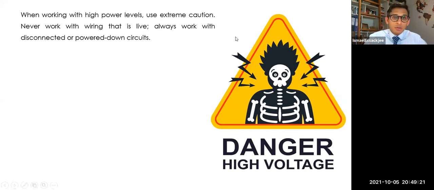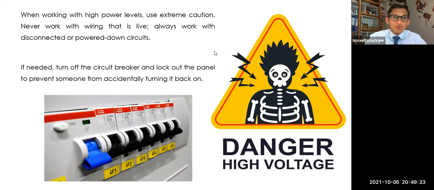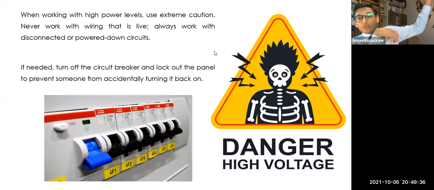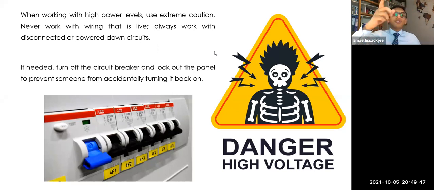Take it seriously, switch off the device, power, and so on. If needed, turn the circuit breaker off, not only the switch. If you're working on the circuit but you're not too comfortable with it, switch off the circuit breaker fully. And if you're working on another floor and the electrical installation is on the bottom one, you need to lock it as well, so that someone doesn't say, oh, there's no light, the circuit breaker tripped, let me just push it up, and then boom.